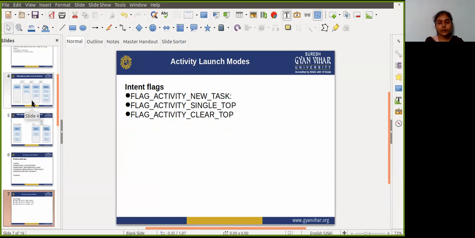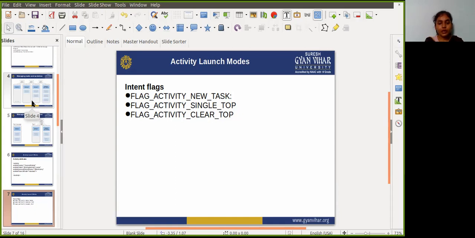You add intent flags to an intent object with the setFlags method or the addFlags method. The specific intent flags are used to control activity launch mode, either in conjunction with the launchMode attribute or in place of it. Intent flags always take precedence over the launch mode.